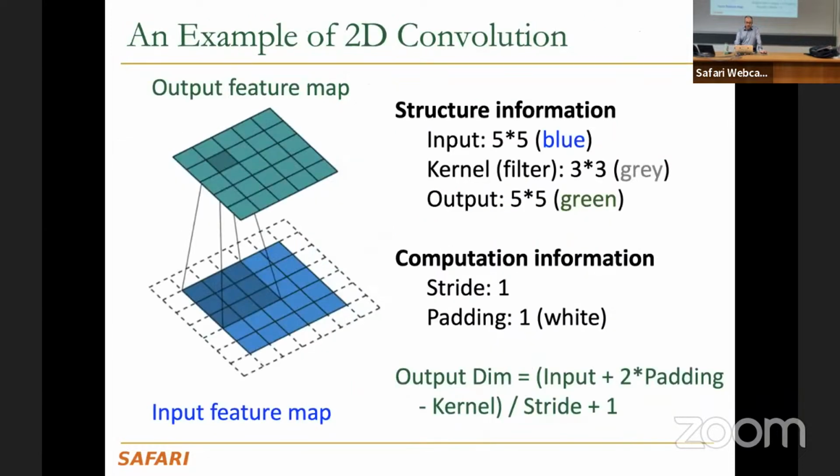Okay, so you can think of how you can use this idea for convolution. As an example of convolution, you essentially have an input feature map, and there is a window that you are sliding through your input, and you do some computation at each step, and then you calculate the output feature map. Of course, you also need to do some padding, because there are regions where your window can go outside your input feature map.